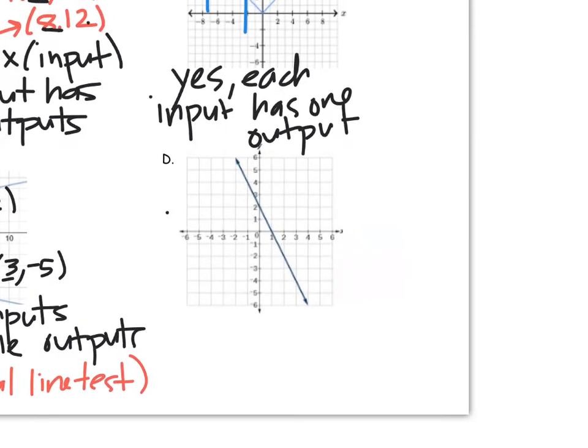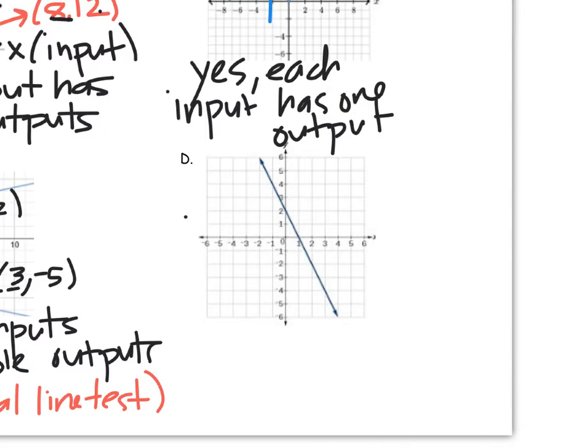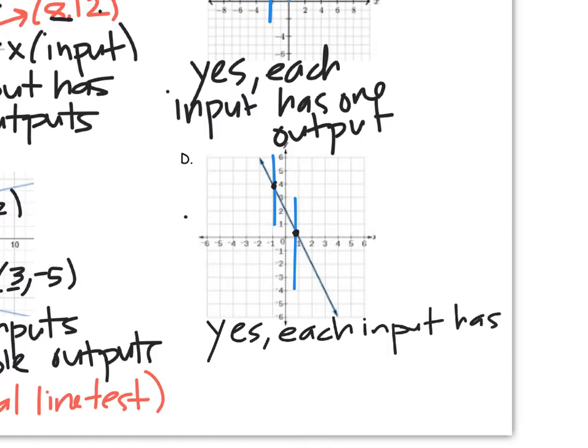All right, last one, D, if you do that vertical line, if we draw it, there's a vertical line, it only hits 1 time. There's a vertical line, it only hits 1 time. This vertical line is always going to only hit 1 time. So I'm going to say yes, each input has 1 output. And I'm going to also write here, just as an idea, that it passes